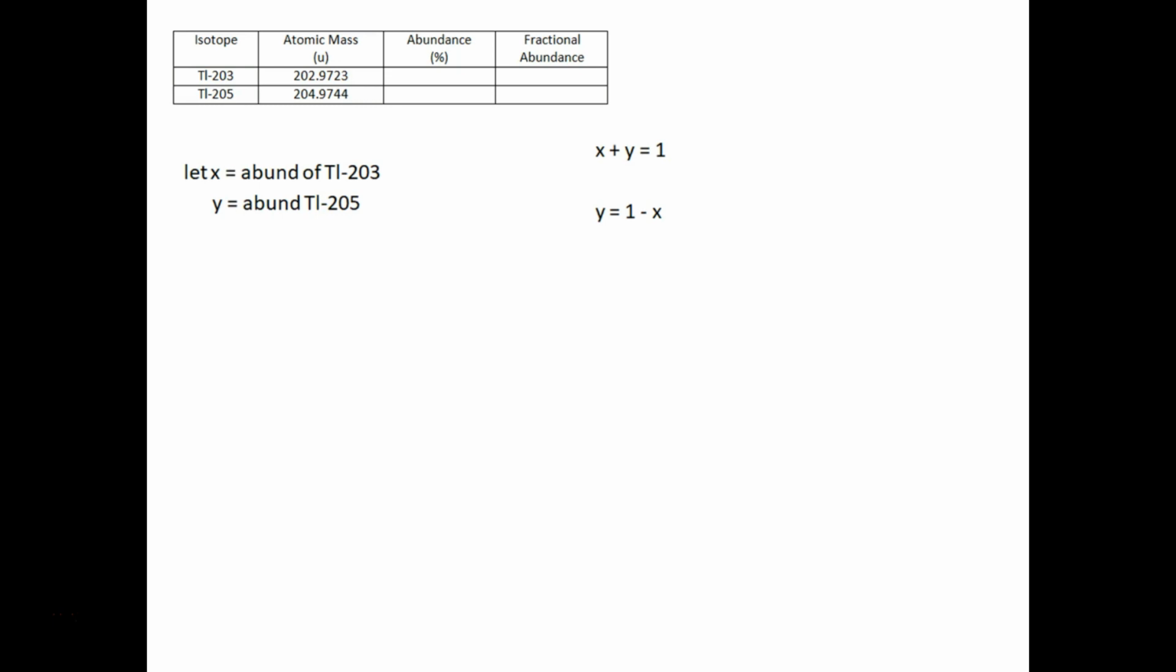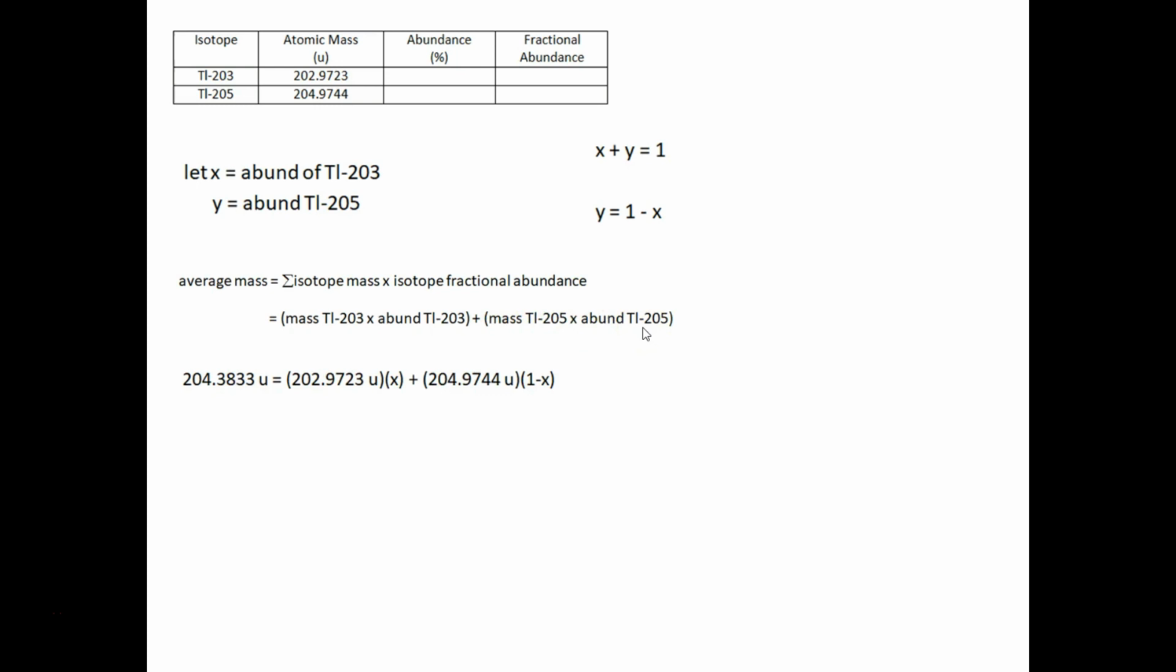From this point on, I'm going to do the same as I did for the first question, where I first write out my generic equation, and then I'll write out the specific example. So my average mass is the mass of thallium 203 times the abundance of thallium 203, plus the mass of thallium 205 times the abundance of thallium 205. And then we're going to substitute in our values,